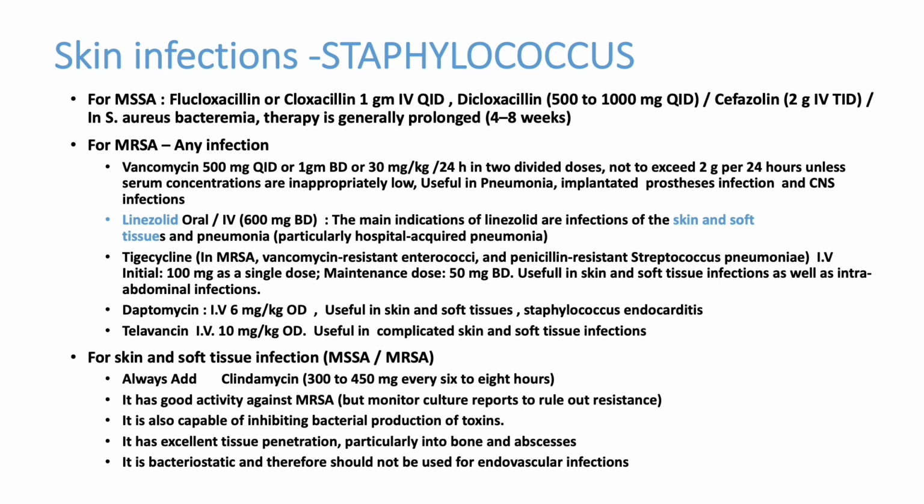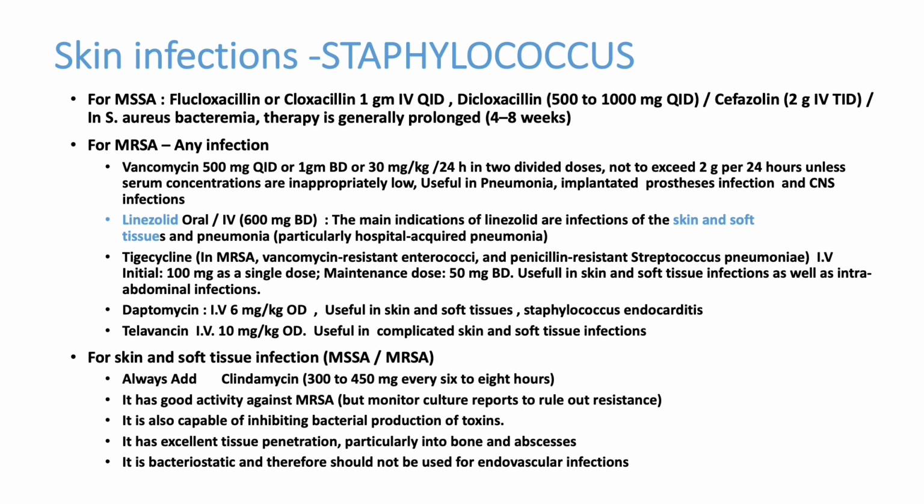So normally when we are getting skin infections like cellulitis and all, we start flucloxacillin. That is a drug available in our country, flucloxacillin. 1 gram IV QID is the dose. So that can be started. Cefazolin is another drug which also can be used, but the commonly available drug is flucloxacillin, 1 gram IV QID. That will cover MSSA, that is methicillin sensitive staphylococci. That will not cover MRSA. MRSA is resistant to methicillin, so it is resistant to flucloxacillin or cloxacillin.